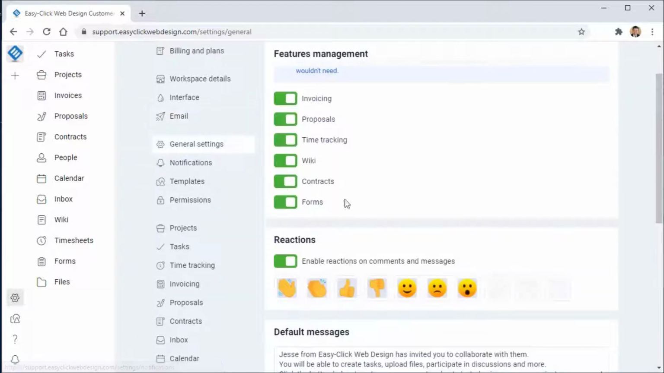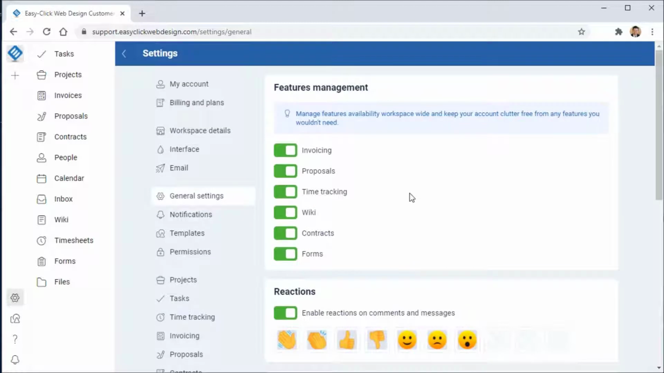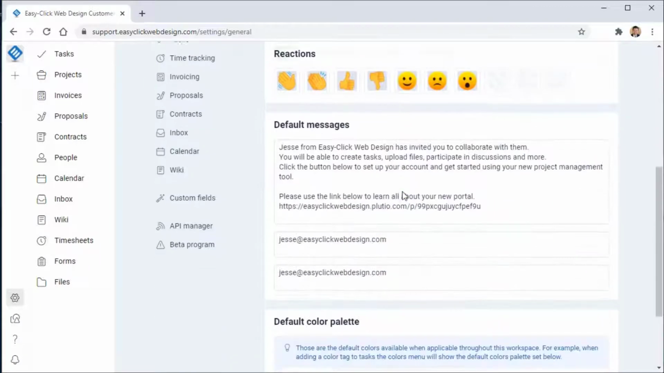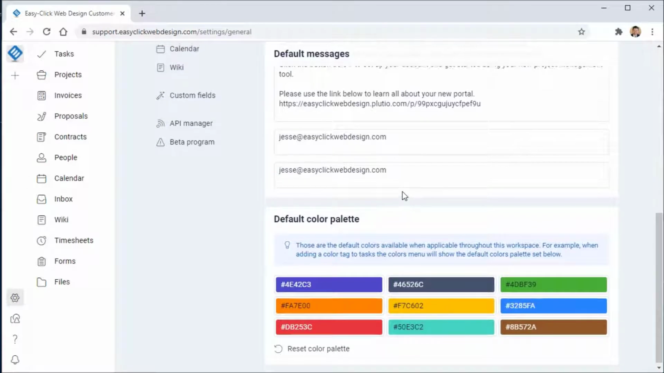General settings, these are manage features availability workspace wide and keep your account clutter free from any features you wouldn't need. I've always got everything connected because I pretty much use everything. Okay,